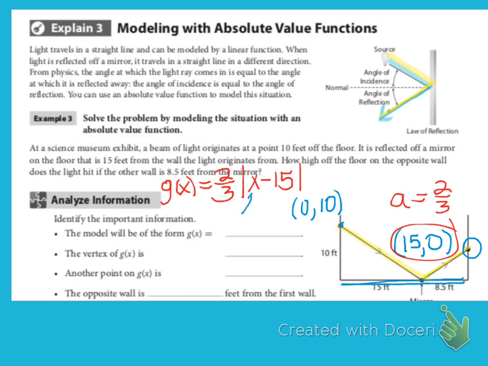If we plug 23.5 into that equation, it would be 2/3 times the absolute value of 23.5 minus 15. 23.5 minus 15 is 8.5, and the absolute value of 8.5 is 8.5, times 2/3 would be approximately